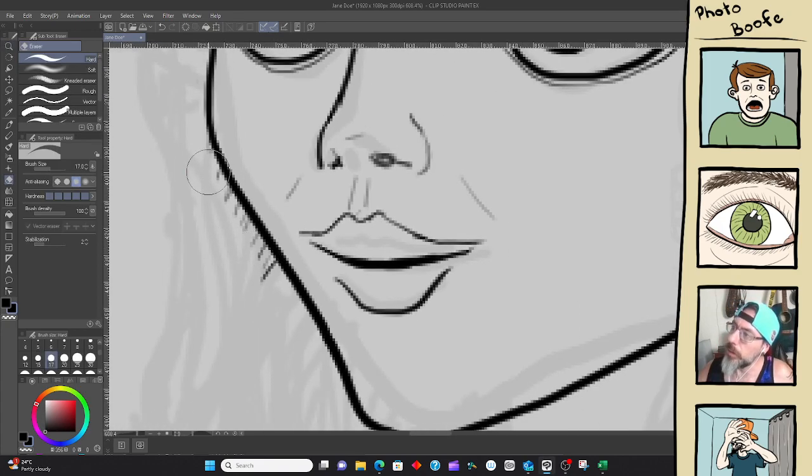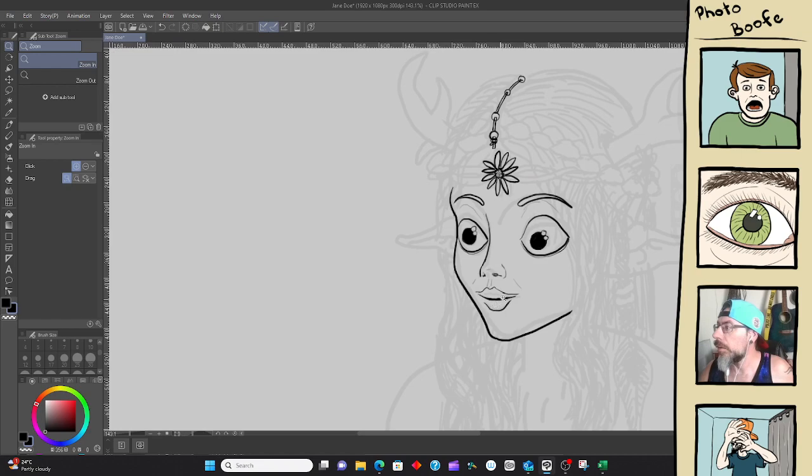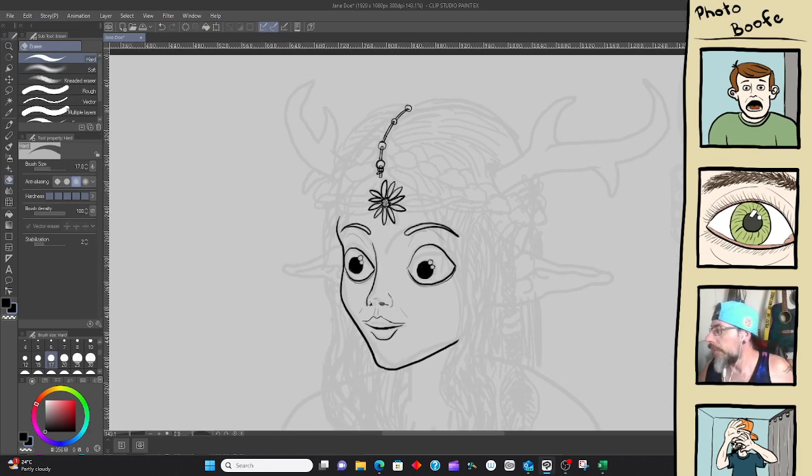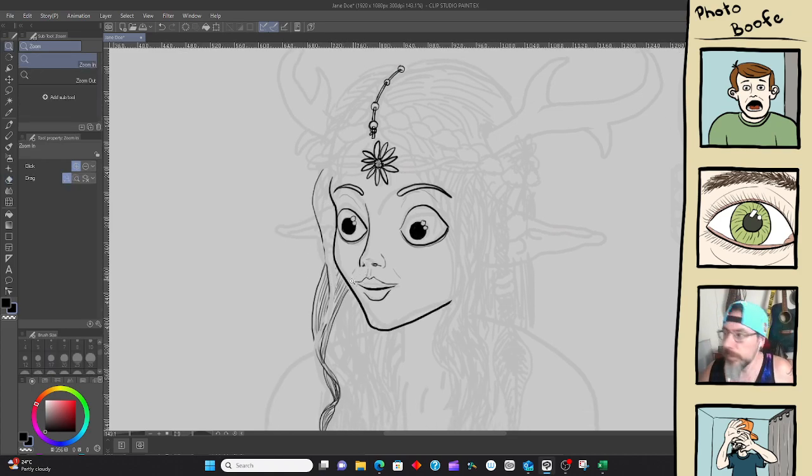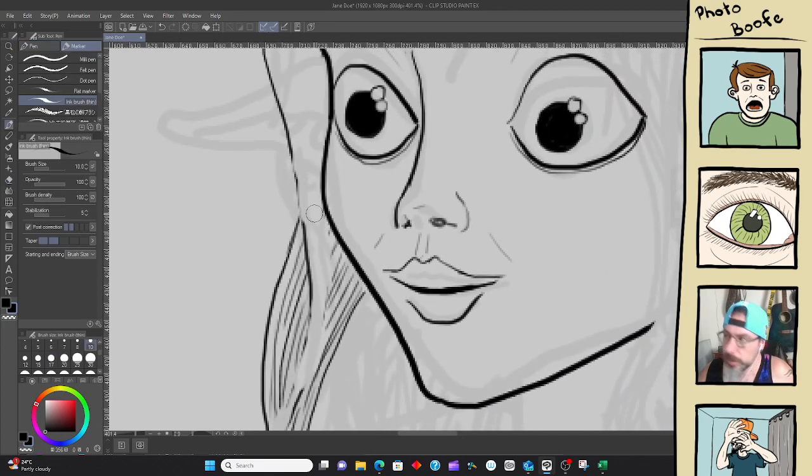I just don't know what it is in this. It's only my third real drawing using this program. Bring back the hair. Make sure we're on the hair layer. Zoom in again.